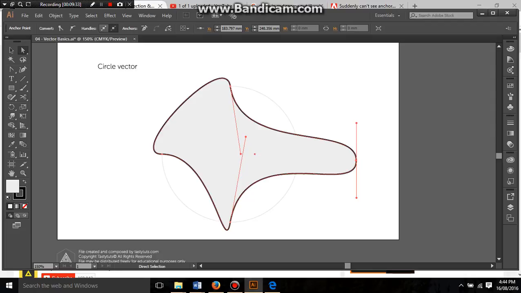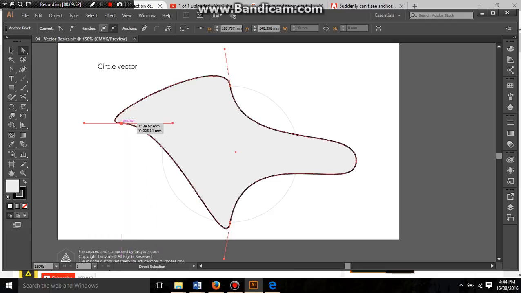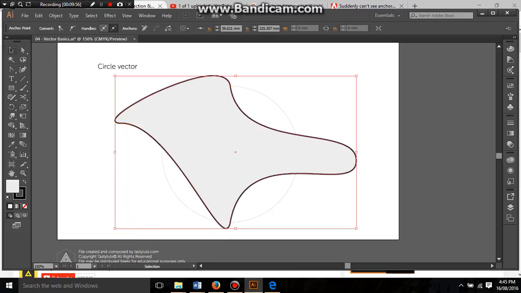So it's really important just to remember, guys, when we're going to be playing around with Illustrator, that the direct selection tool, which is A on our keyboard, is going to be purely dealing with anchor points. So that's going to be to move individual lines, whereas your select tool, which is V on your